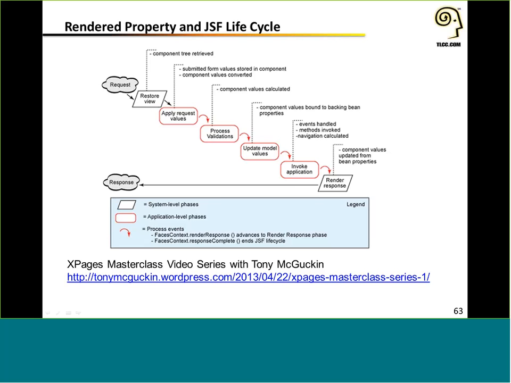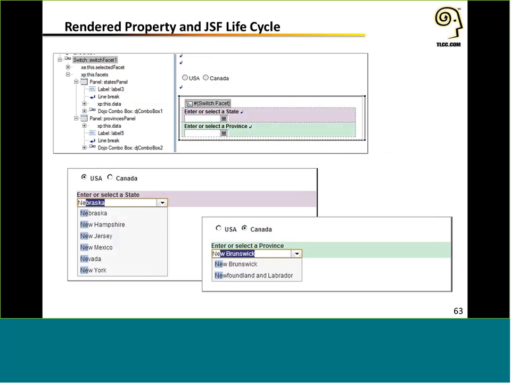But the problem with the rendered property is the rendered property is recalculated in all of these phases, these application phases that are indicated in red. And that's a recalculation. So if you have a very complex rendered formula, server-side JavaScript formula, it's going to be recalculated on each of those phases, so not too efficient.